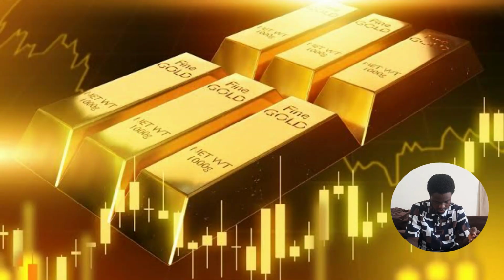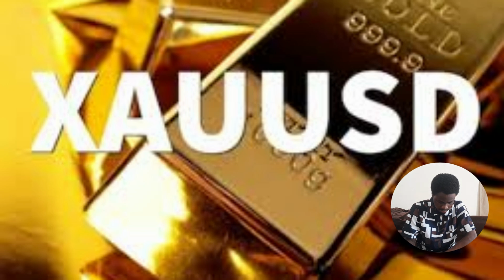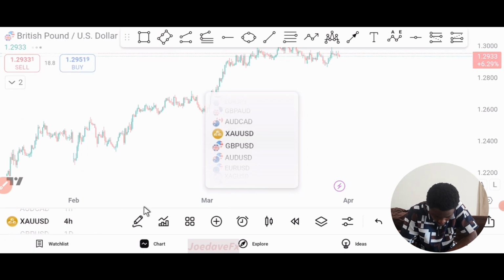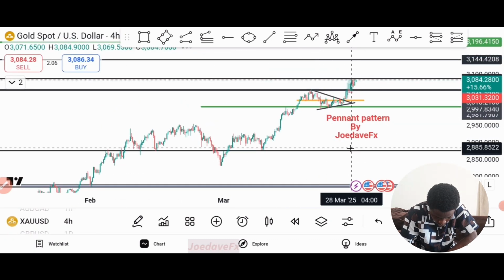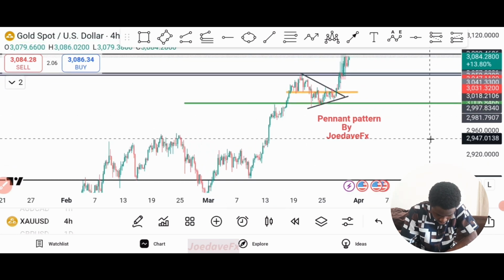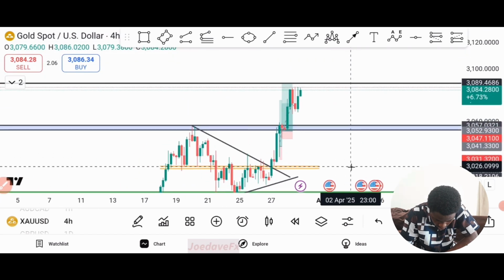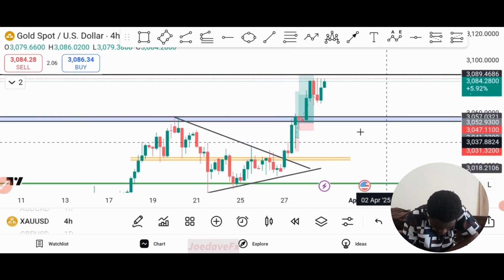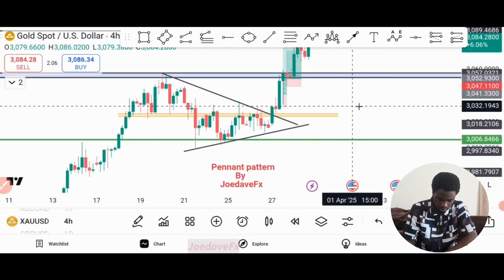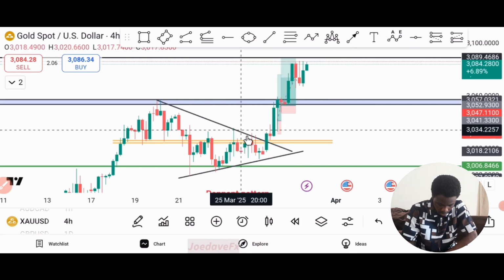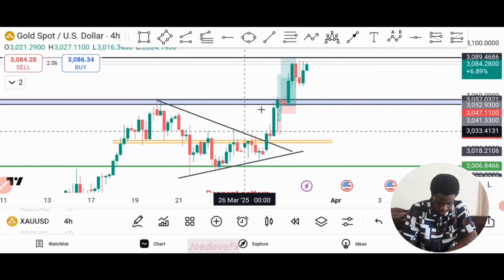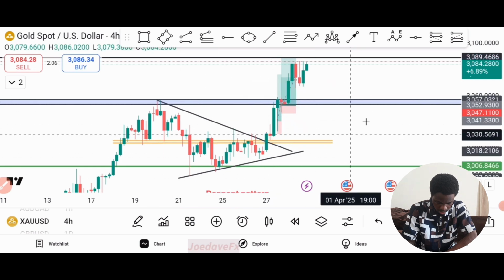So now let's go to the main pair we want to analyze, which was gold. So I'll go to gold. Okay, yeah, that's good, right about there. Good. So over the weekend, that's last week, gold did a lot of moves, and I was dropping the signal in my group back to back, and how we have been trading this pair nicely, and how everybody has been making it. I think I've gotten about 4 to 5 entries just on these breakouts of this peanut